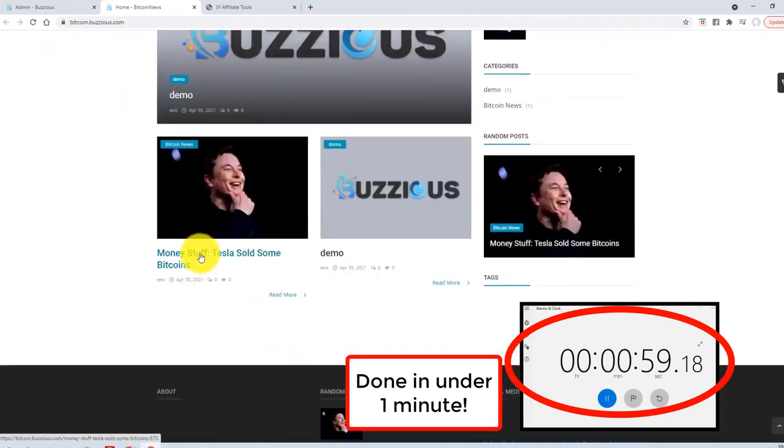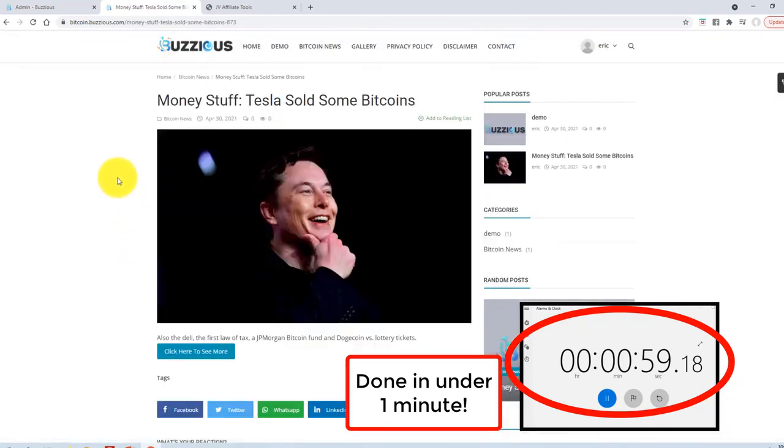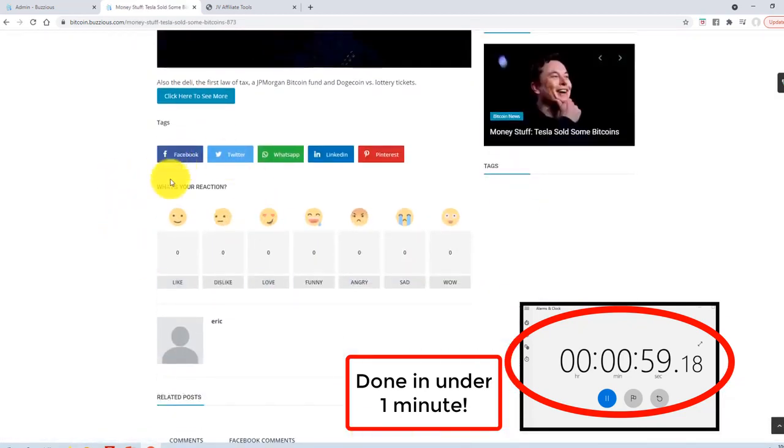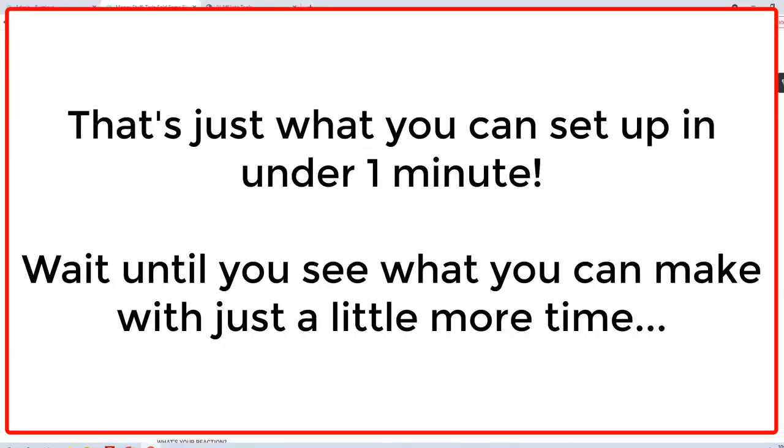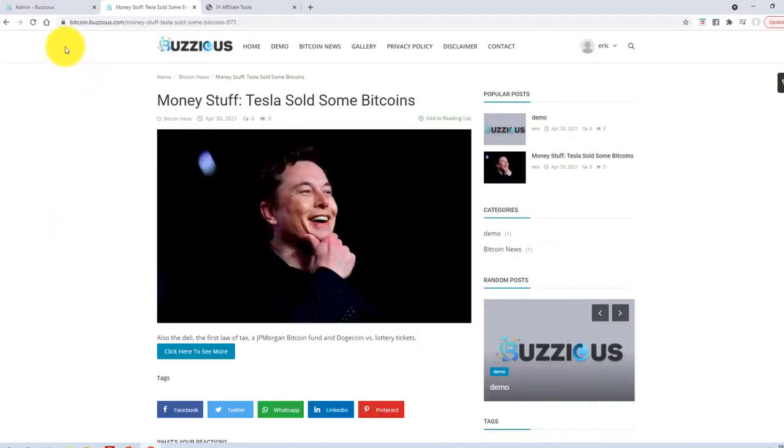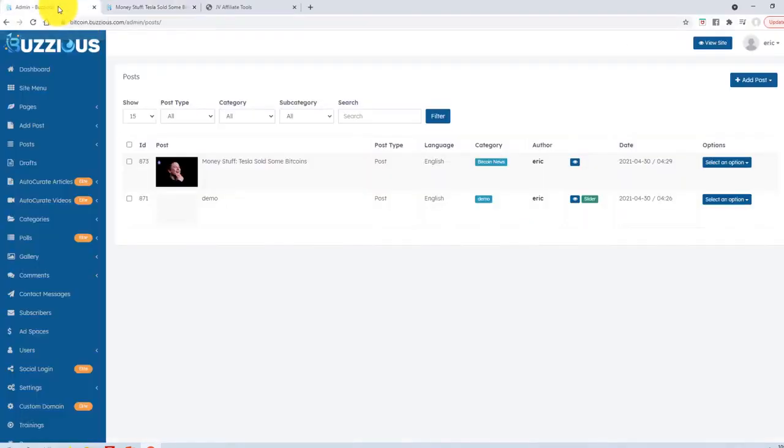We've got this article that we've added, and within this article we have all kinds of stuff, commenting and like buttons and all sorts of stuff. And that's in under a minute. Now I'm going to show you how we can make this into a really nice website by taking a little more time, and you're going to be blown away at what this Buzzious platform can do in a very short